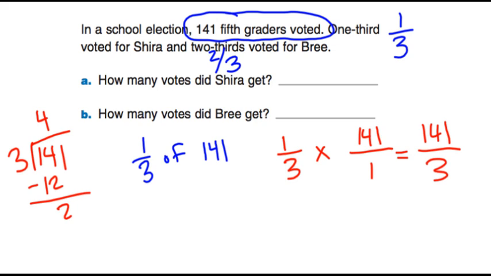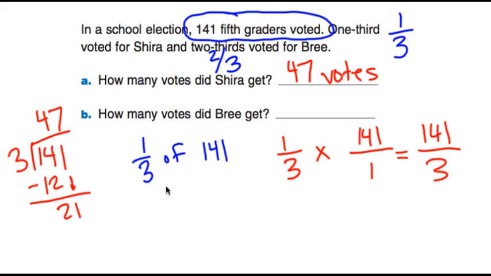Subtract, bring down, and 3 goes into 21 7 times. So how many votes did Shira get, or what is 1/3 of 141? That would be 47 votes. So to figure out how many votes Bree got, you could just take 141 and subtract 47, or you could